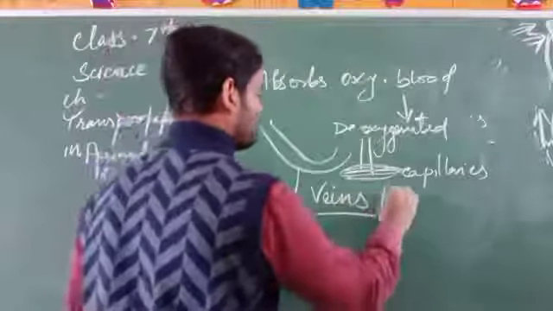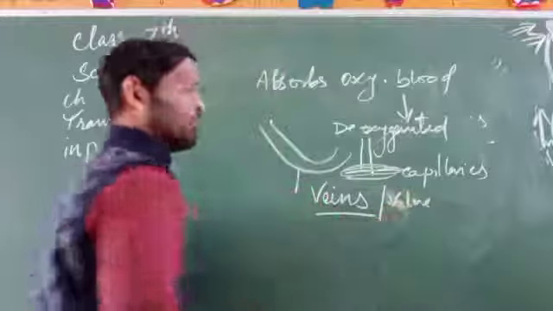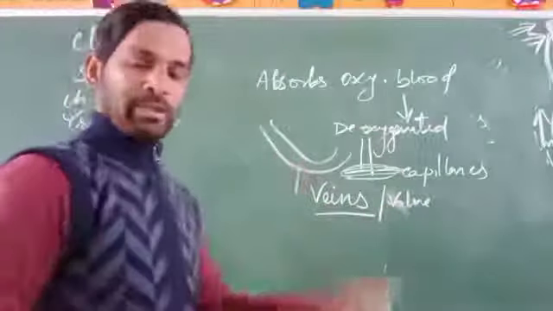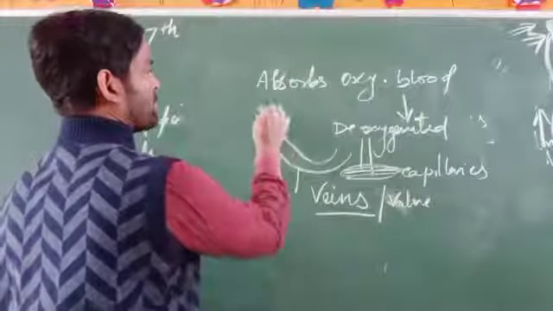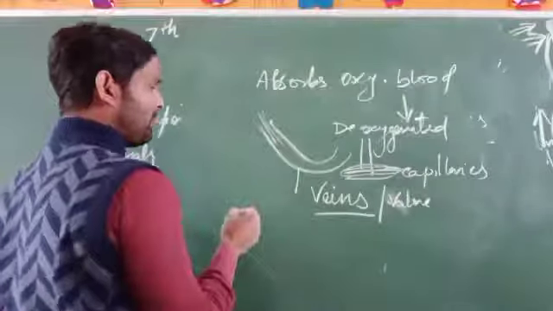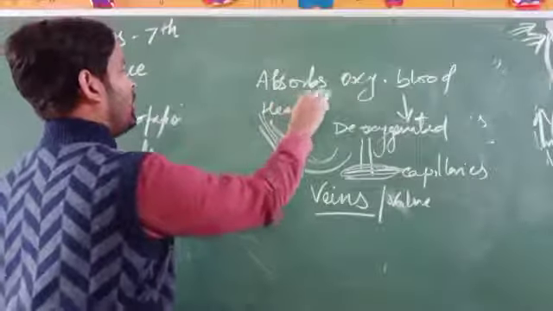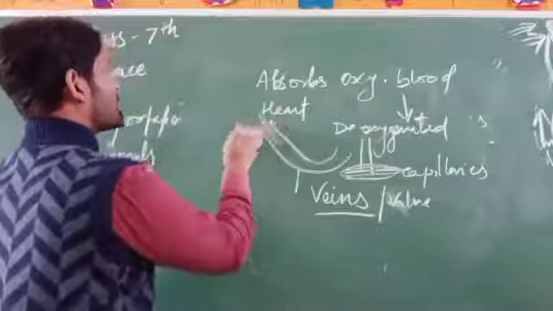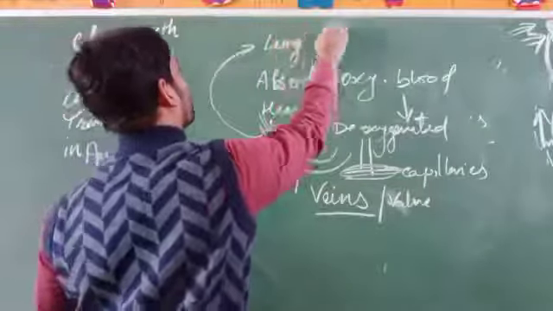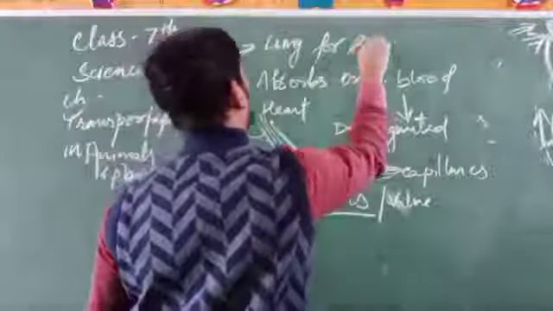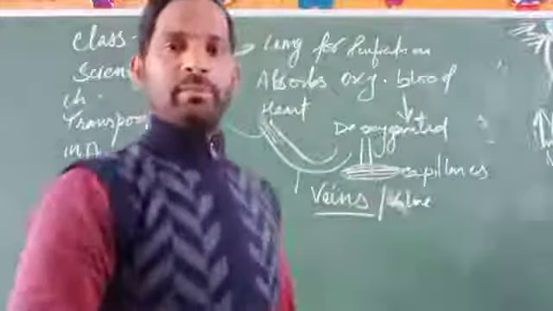Veins have valves, through which the deoxygenated blood cannot come back to its original position, and it reaches the heart. From the heart it reaches the lungs for purification. That's all. We will discuss more on